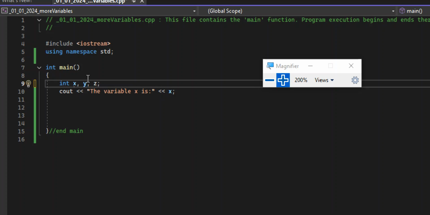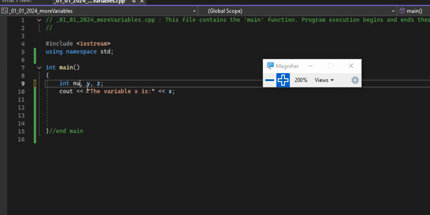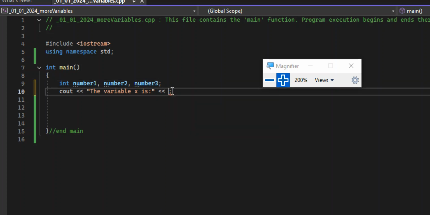So I can actually say, you know, x, y, z, for example, in this case, or num1, num2, num3. I usually don't use x, y, and z for my naming, if I can help it. I usually use things like number 1, number 2, number 3. It makes more sense in my head. And it really doesn't matter what you want to call these. I usually tell students when they're writing a program to name it what it is. So in this case,